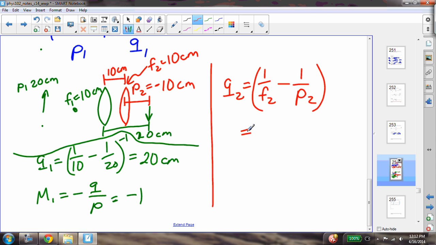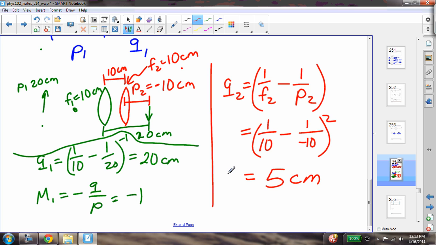All right, so that's going to be 1 over 10 minus 1 over negative 10, so that's 2 over 10, to the negative 1, or 5 centimeters. All right, so my new image is going to be 5 centimeters to the right of lens 2, and then